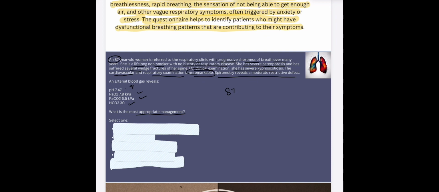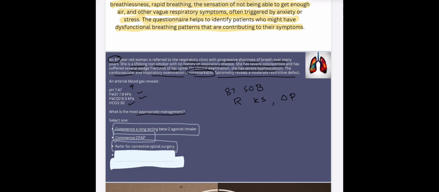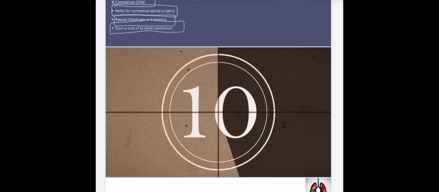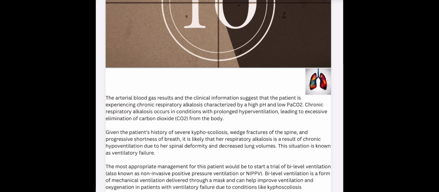So there's an 87 years old lady who had progressive shortness of breath. She is a non-smoker, but she has some restrictive defect secondary to kyphoscoliosis and osteoporosis. So appropriate management: commence a long-acting beta-2 agonist inhaler, commence CPAP, refer for corrective spinal surgery, repeat blood gas in 4 months, or start a trial of BiPAP. And the answer is